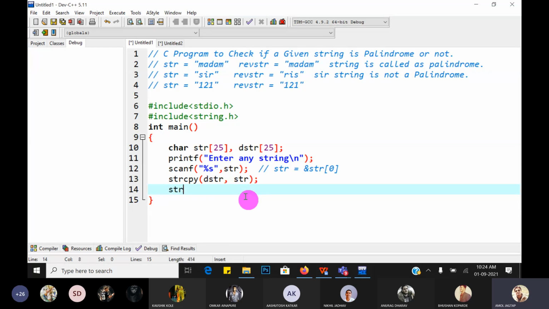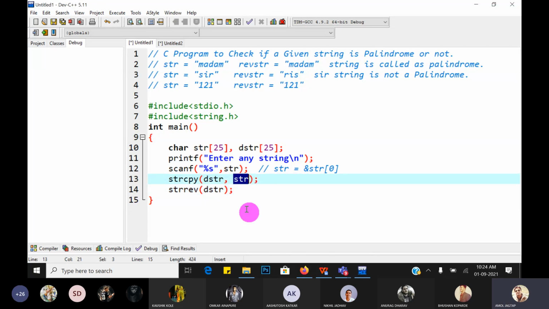So for that reversing, we use strrev, and which string do we want to reverse? dstr. It means the original str string remains as it is, and the reverse string of the original string is saved into dstr.